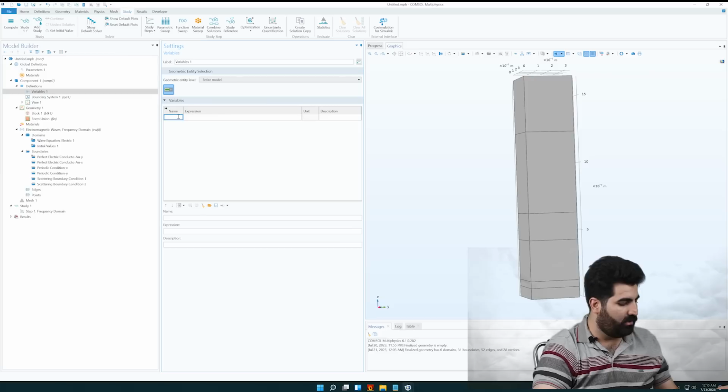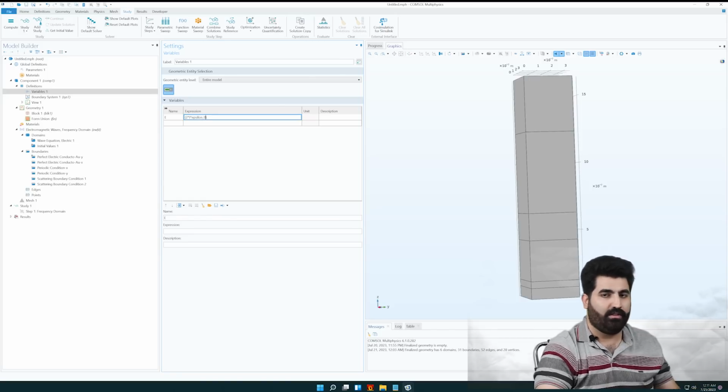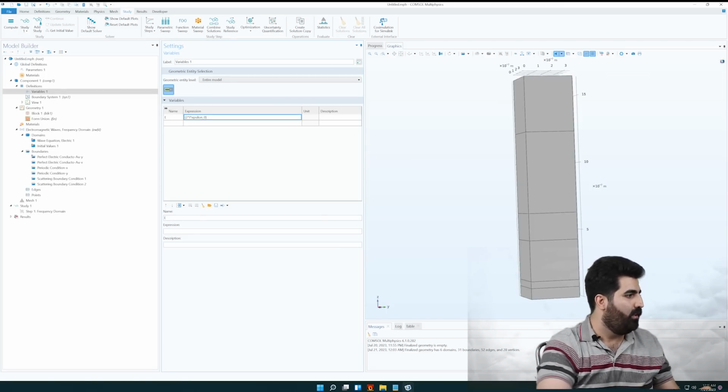As we know, we can write E as two multiplied by I multiplied by epsilon 0, relative conductivity of vacuum, C const,